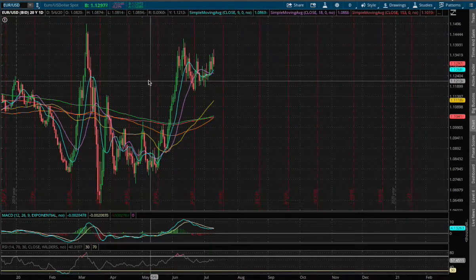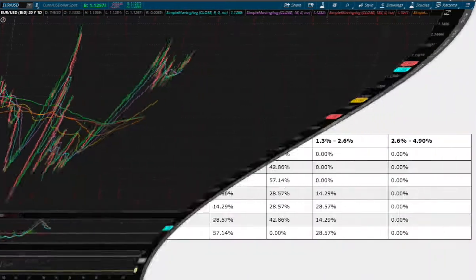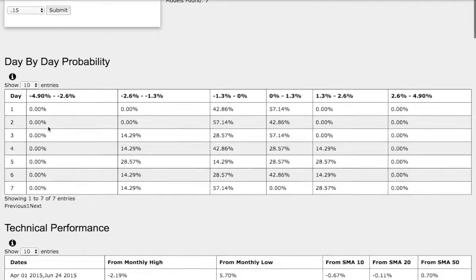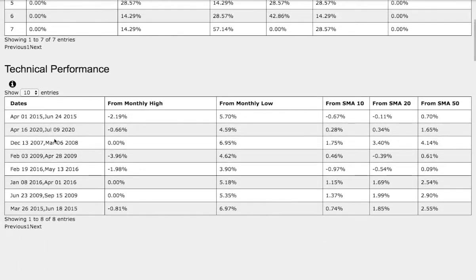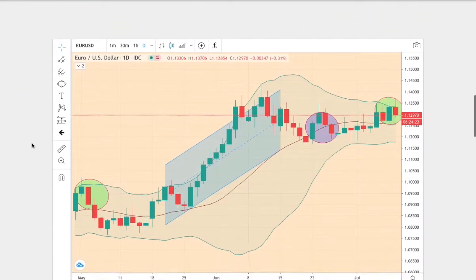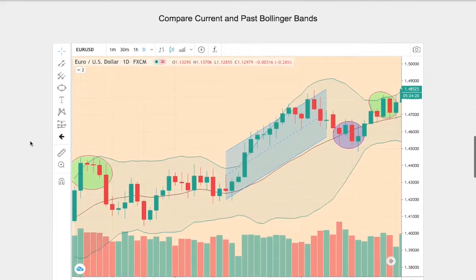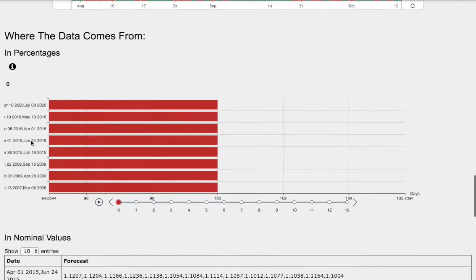Hello viewers, we'll be going over Euro over the USD. In this video, we'll be going over the day-by-day probability model, the technical performance of each model, how we find the models, comparing the current trend with the trend in the past, and we'll go over the day-by-day forecast for